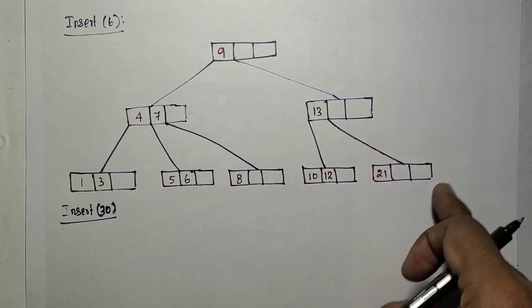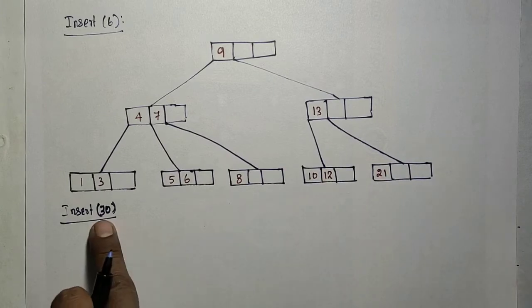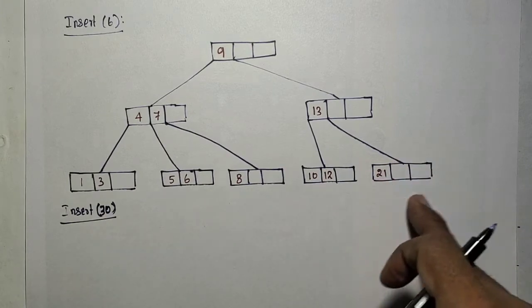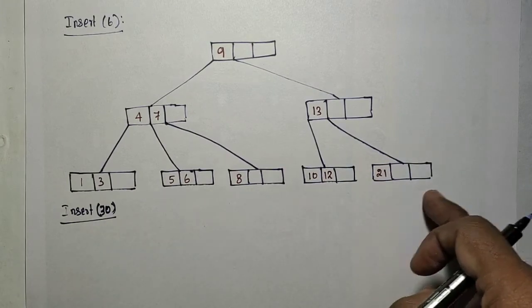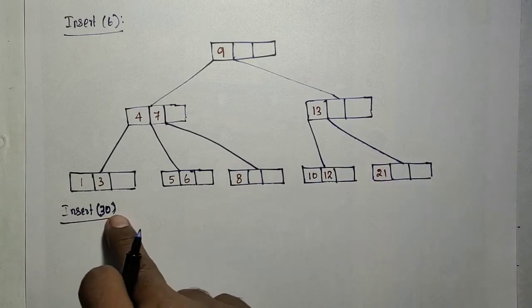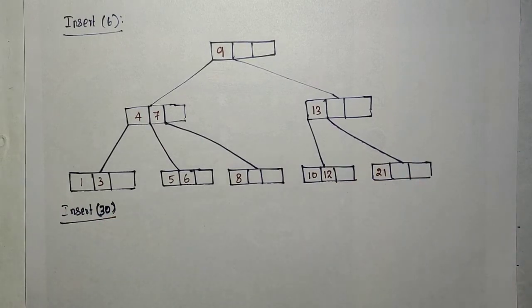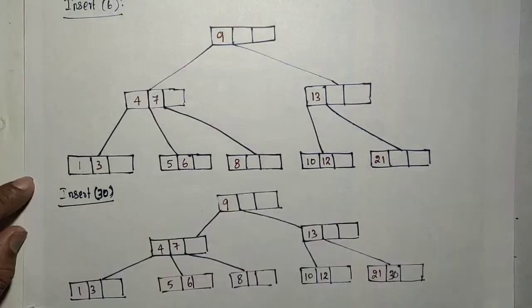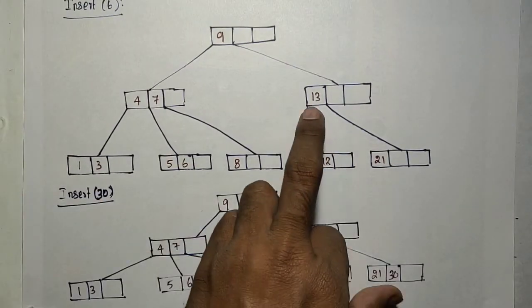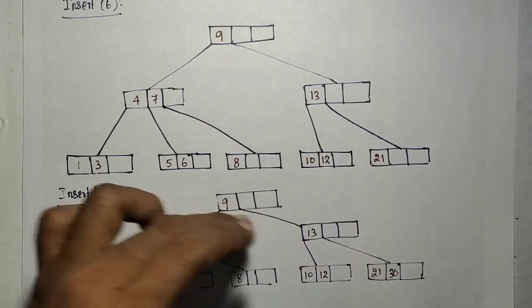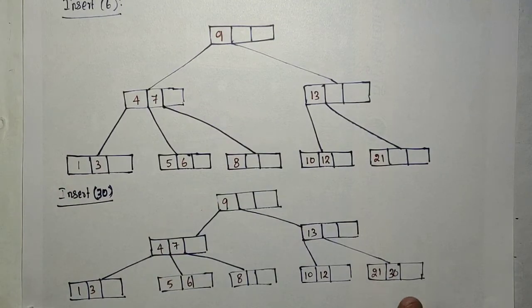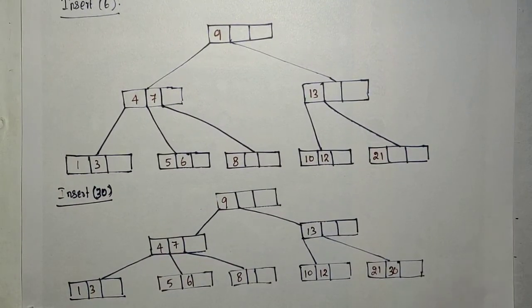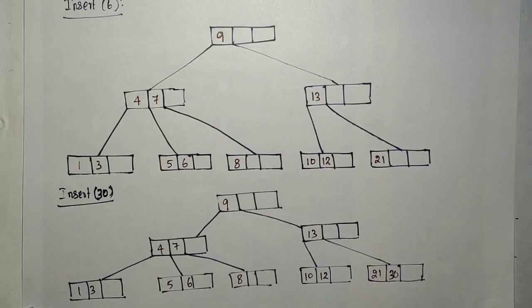So here this is the leaf node, so now in this leaf node I can insert the 30. Now you search for the space. Space is available, so the 30 will be inserted simply in this node. Okay. So after inserting the 30 in that node, this is the tree. Simply without modifying any tree structure, we have inserted the 30.